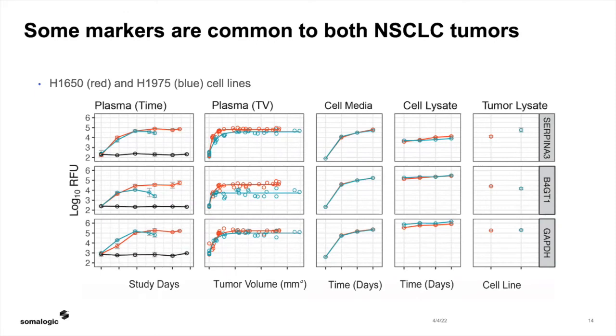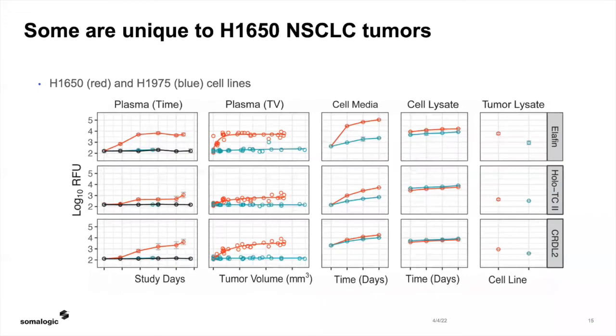So in the next two slides, what we have put together is just evidence that, while there are some common proteins, there are some proteins that are unique to either one or the other cell type. So tumors, of course, are different from each other, and each person will idiosyncratically have a tumor that is different from any other tumor,